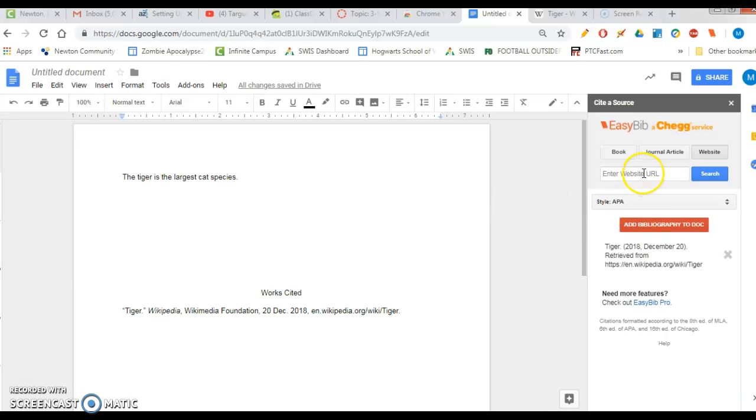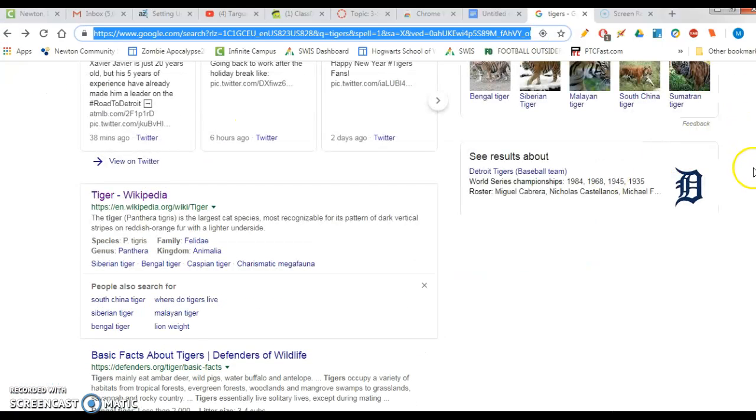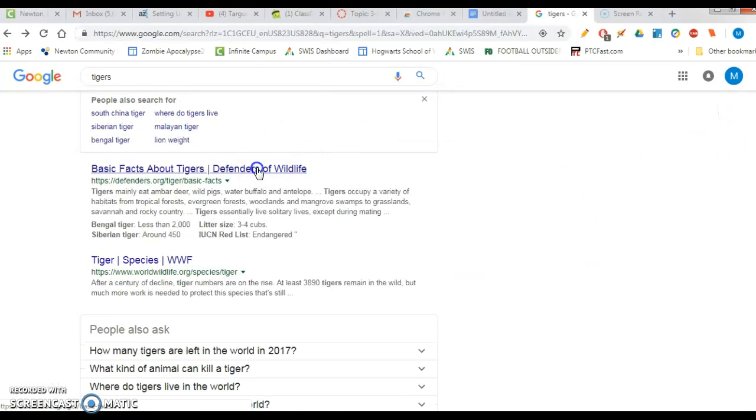And as you're doing it, for example, let's say I look up another thing about tigers. Basic facts. It's very easy. I find a site, I find a piece of information I really like about this site, and I want to use it in my paper. I mean, I can just, from here, tigers occupy a variety of habitats from tropical forest, evergreen forest, woodlands, and stuff like that. I can copy this link,